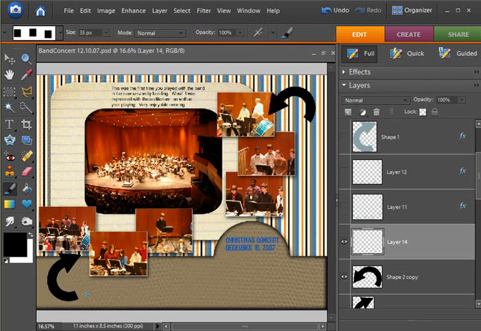Okay, now I'm making sure I'm on that new layer, and then I just began drawing my swirls. And when I did them, I tried to come down in between two squares,